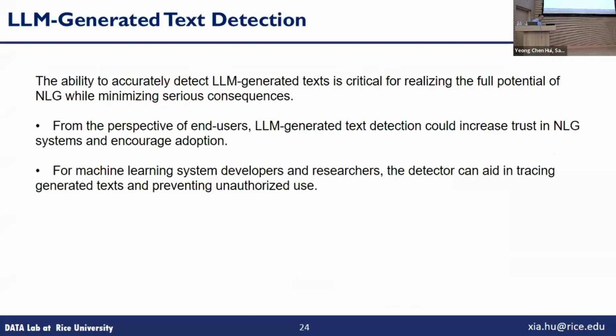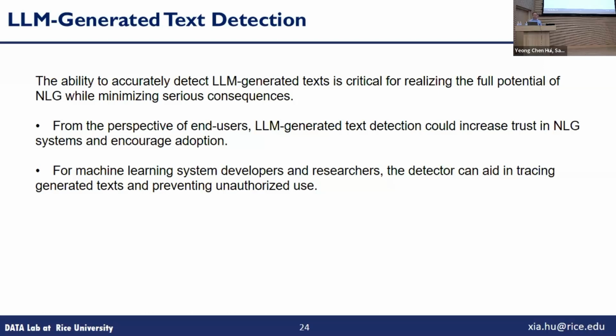And then a question is raised to the technical community: if we are able to identify machine-generated texts, then we will be able to somehow make sure this beast is under our control, right? If we are able to really understand which texts are generated by machines, it is not only good for our end users to better adopt ChatGPT in their daily life, but also very good for system developers and researchers to trace the generated texts, prevent unauthorized use, and also protect our intellectual